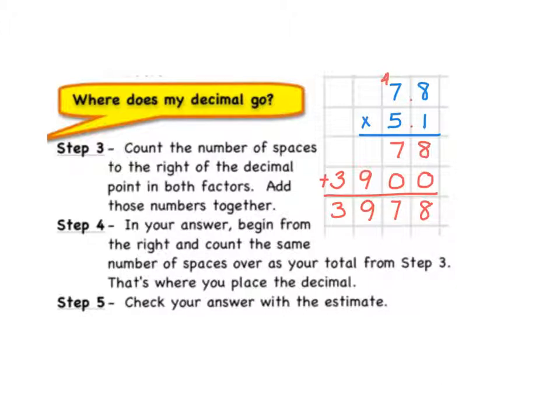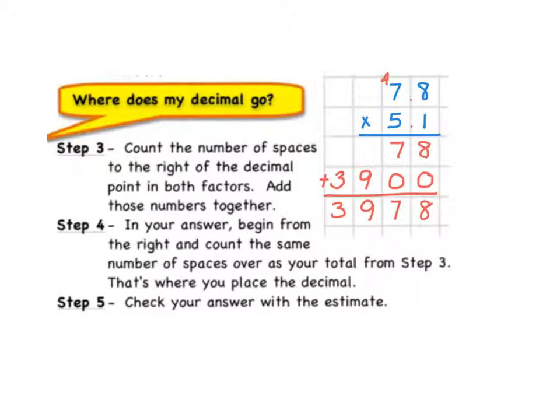Let's take a look at how we would do that. So, where does my decimal go? Well, according to step 3, it tells me to count the number of spaces to the right of the decimal point in both factors. Well, if I know my vocabulary definitions, I know that my factors are listed right here, and it's asking me to count the number of spaces to the right